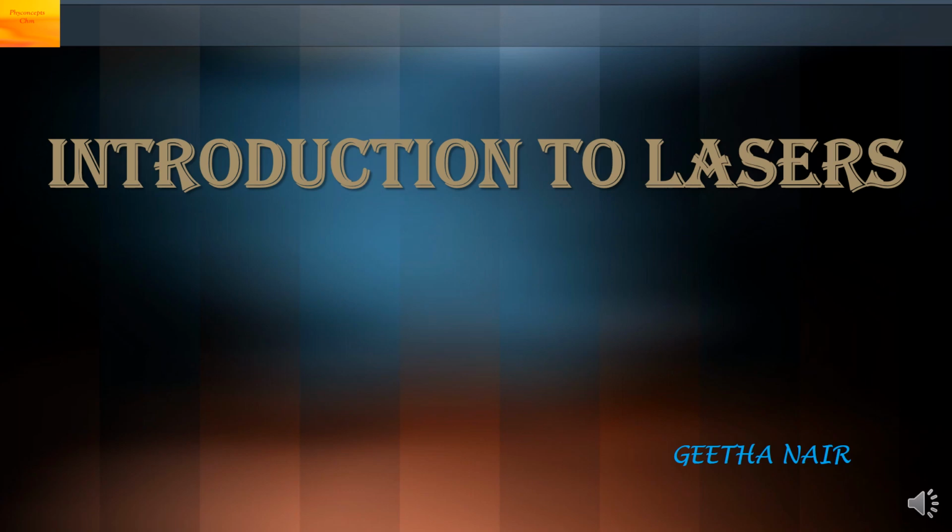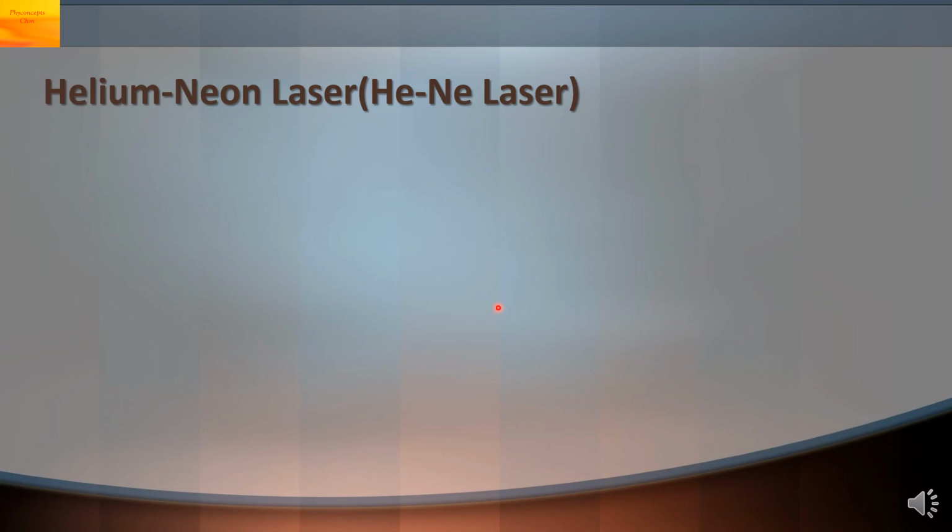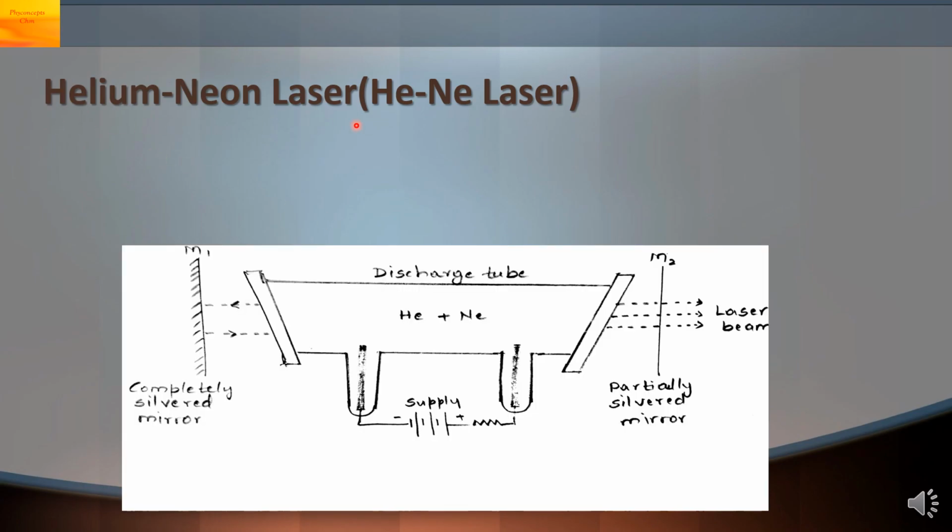This is the fourth part of the series of Introduction to Lasers, where we are going to see the construction and working of helium-neon laser and ruby laser. Helium-neon laser. This is the first gas laser